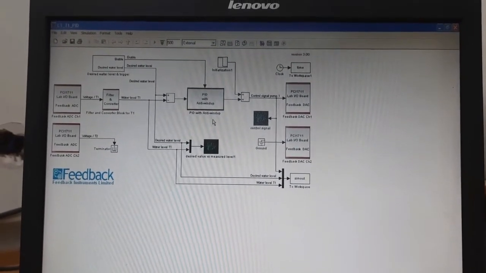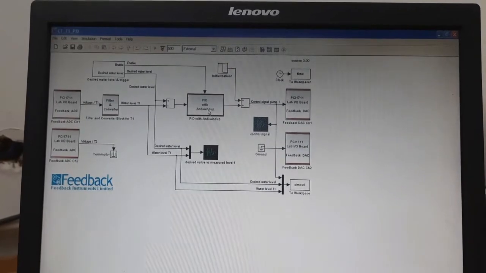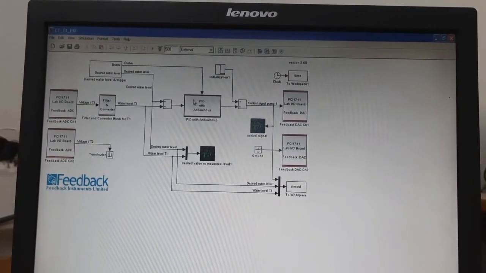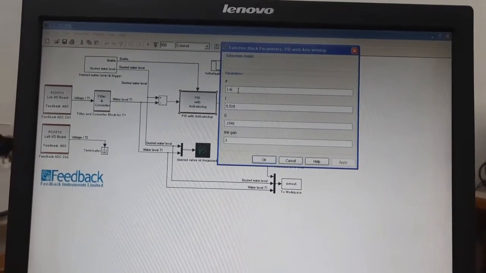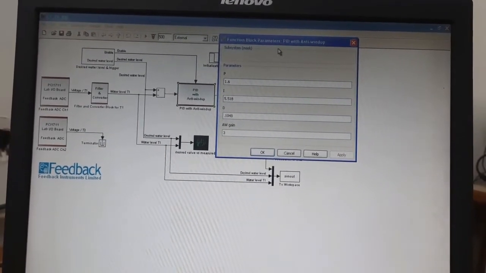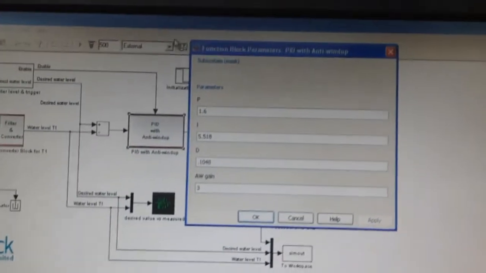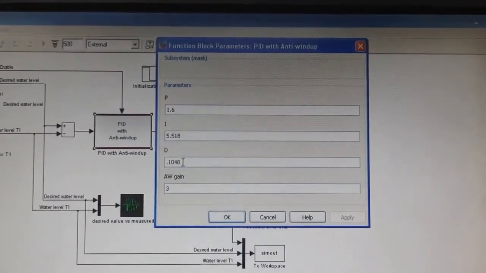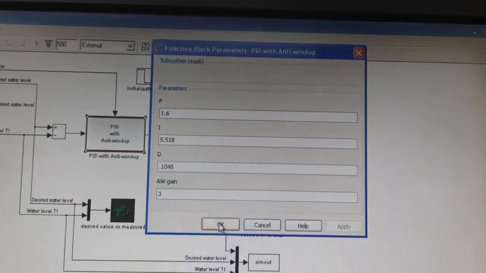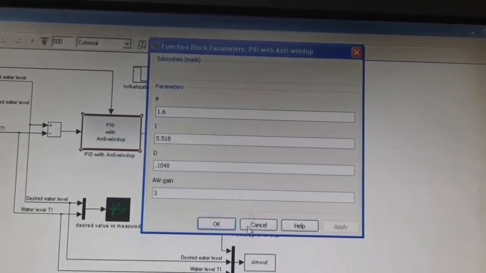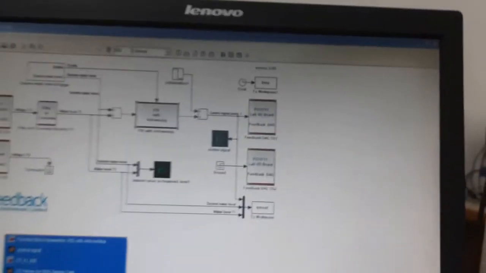Only one thing is in your hand, that is this parameter, the PID. You can put your P, I and D values here. If I put these values here and click OK, that means once you have updated this,